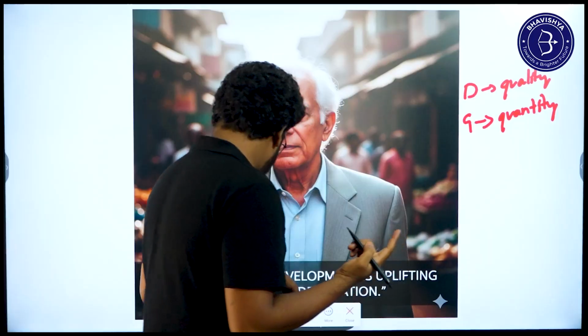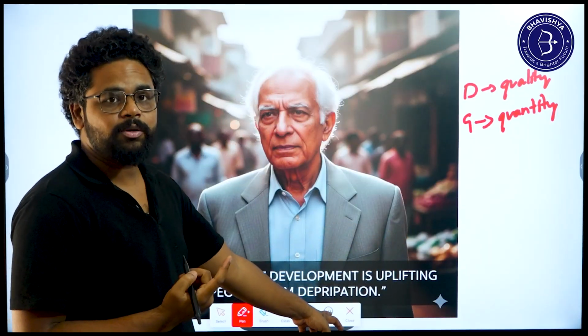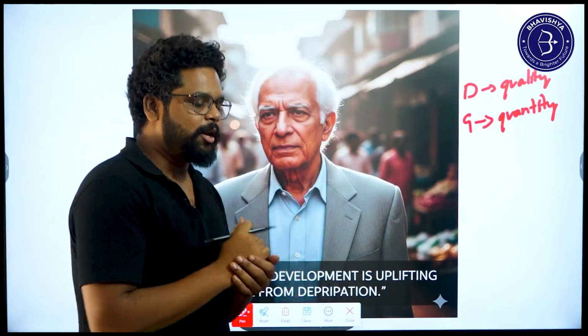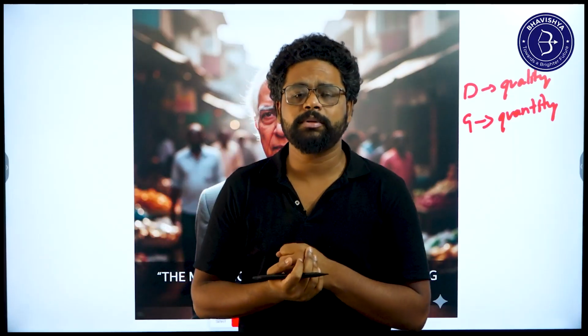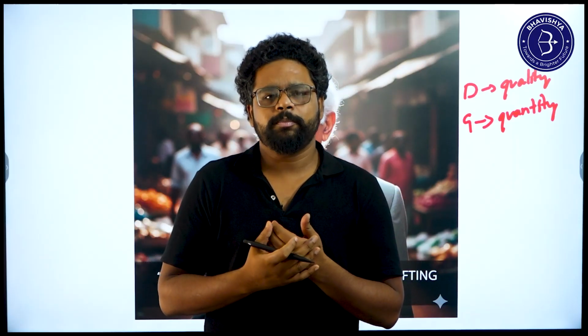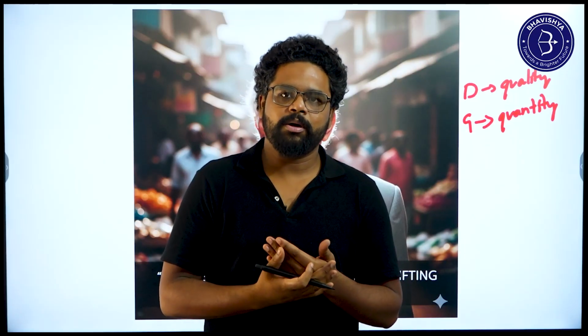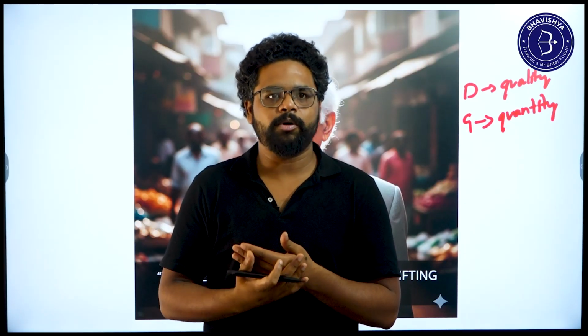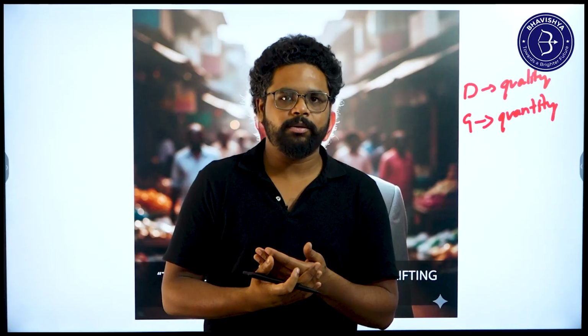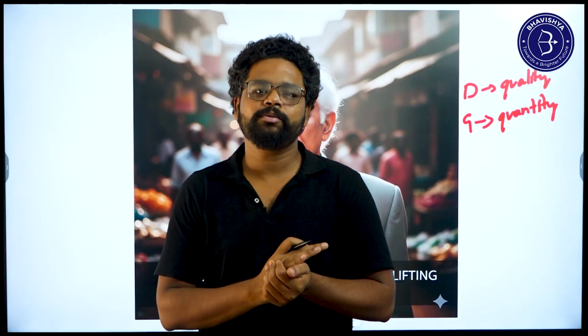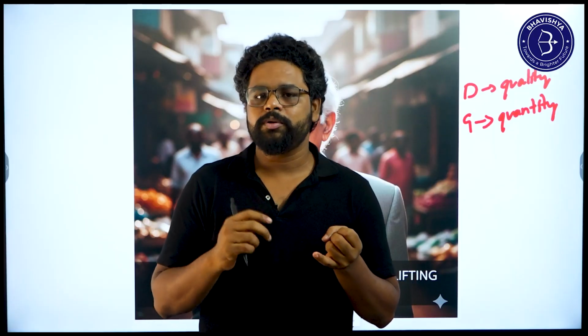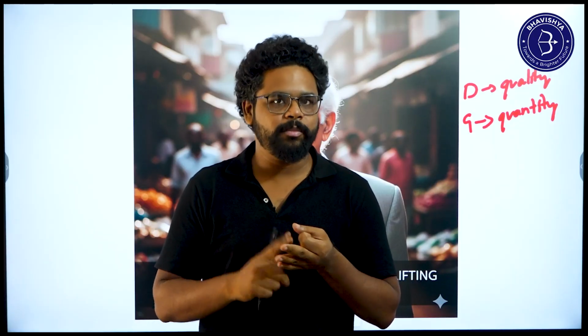Okay, and the next word he used is deprivation. See, there is a lot of difference between the words deprivation and poverty. Poverty is when you define it in terms of income or calorie base. That is one way of looking at poverty. But when you consider deprivation, you need to see it in a multi-dimensional way. That means you need to consider social, economic and environmental factors while you are defining poverty.